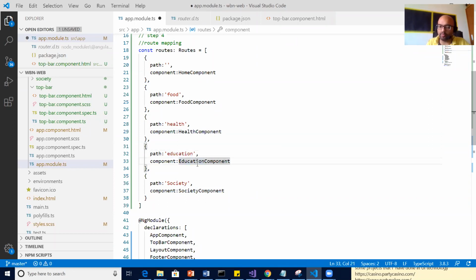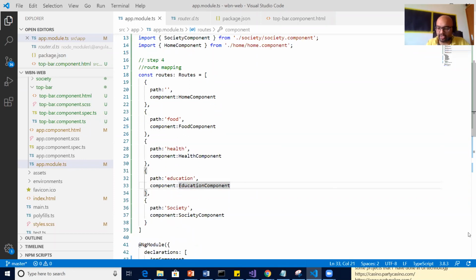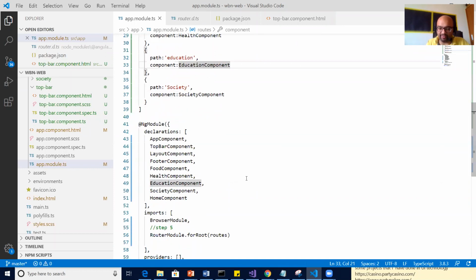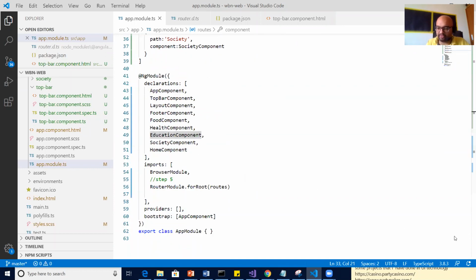So now the education component is going to come. So this is step 5. Are we clear with step 5? Yes or no? All clear? Yes, okay.